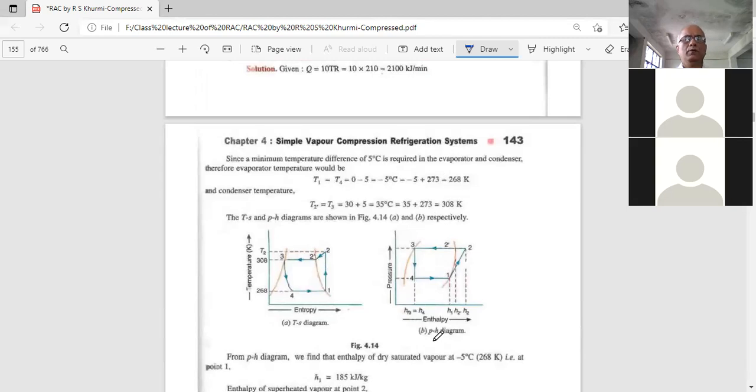What is the next question? A minimum temperature difference of 5 degrees is required in the evaporator and the coolant on the condenser. So the evaporator temperature T1 is equal to T5, 0 minus 5 degrees centigrade, as I just told you, which is equal to 268 Kelvin. And the condenser temperature is T2,